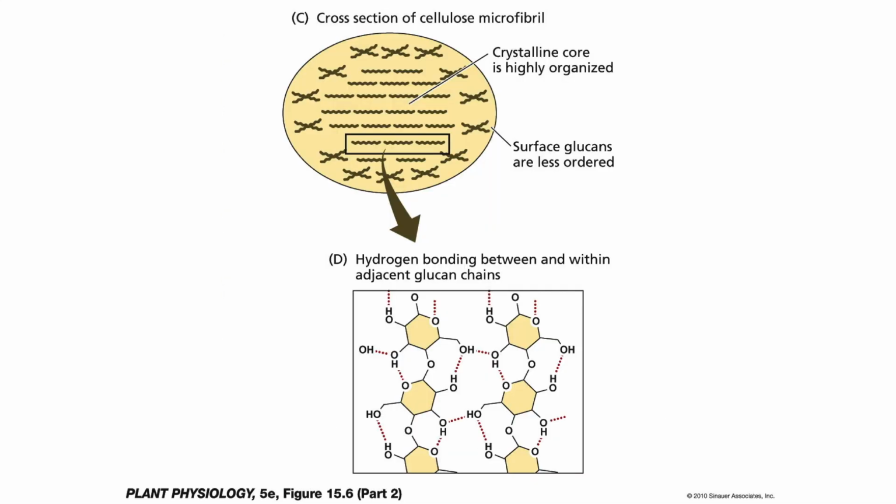If we look at the cross-section of the cellulose microfibril, we will see that the interior part is crystalline and highly organized. The external surface cellulose strands are less ordered. The cellulose molecules are held together by hydrogen bonds between and within the adjacent chains, giving the structure more rigidity. These hydrogen bonds also form between the hemicelluloses and are an important resistance to cell wall expansion as the cell